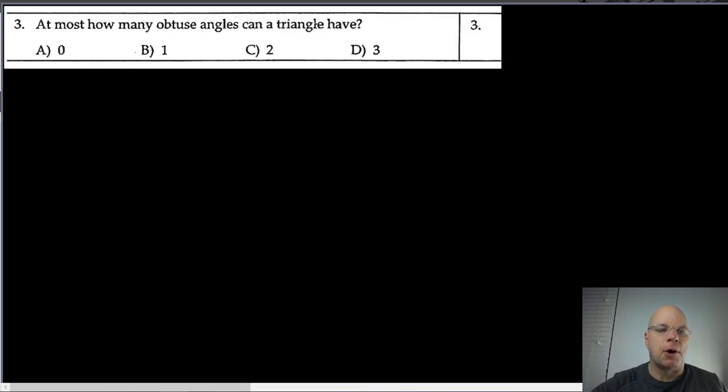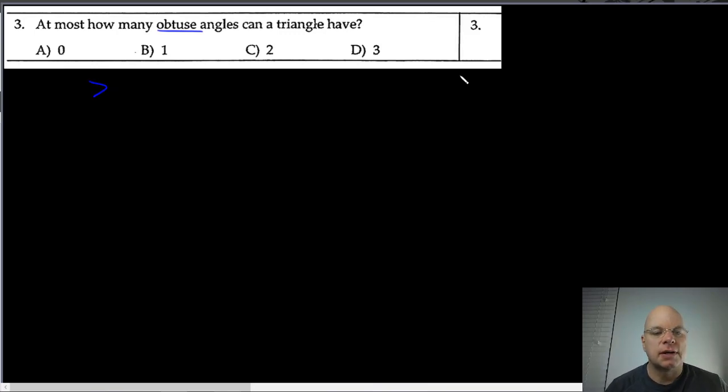This next category of problems are problems where you just need to remember something or know some math fact. For problem number 3, it says, at most, how many obtuse angles can a triangle have? If you're aware that there's such a thing as an obtuse triangle, you know that it can have at least one. And then if you remember that an obtuse angle is greater than